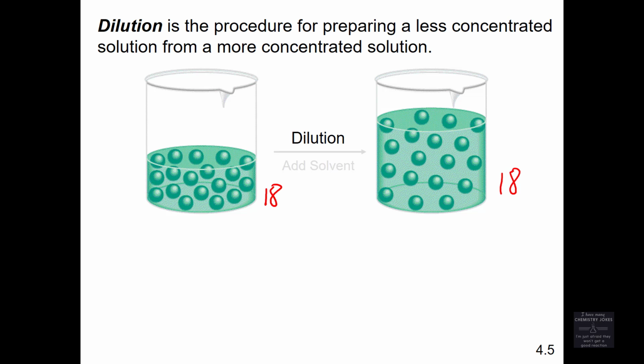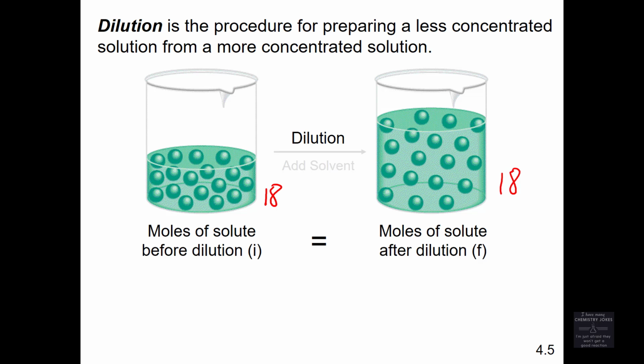There's nothing that changed about the solute, because the solute's the thing present in smaller amount. There's nothing that changed about the solute as you did that dilution. The number of solute particles stayed the same. It's just distributed over a larger amount of solution now. In chemistry terms, the moles of solute in the beginning is absolutely equal to the moles of solute in the end. So if we do a little manipulation,